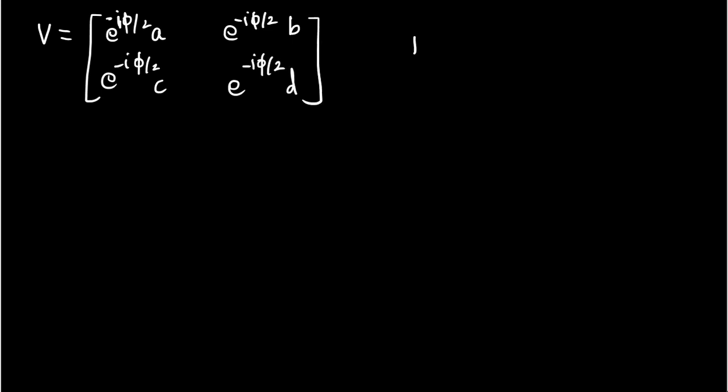And I also know that the determinant of V is equal to 1. So I have to use this condition over here, and I have to find whether I am going to get the determinant equal to 1 or not. So when I multiply this, e power minus i phi by 2 A into e power minus i phi by 2 into D minus,